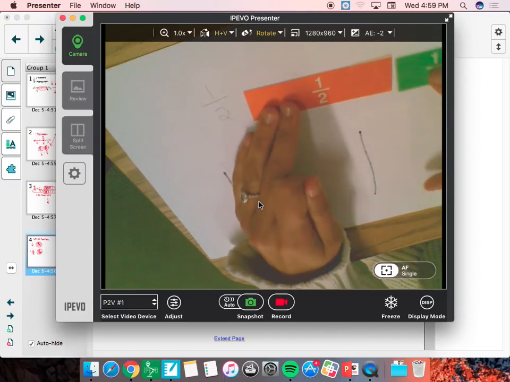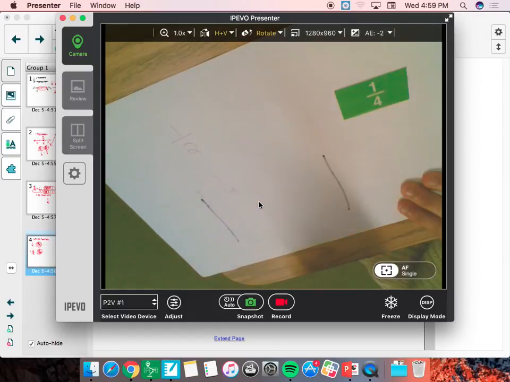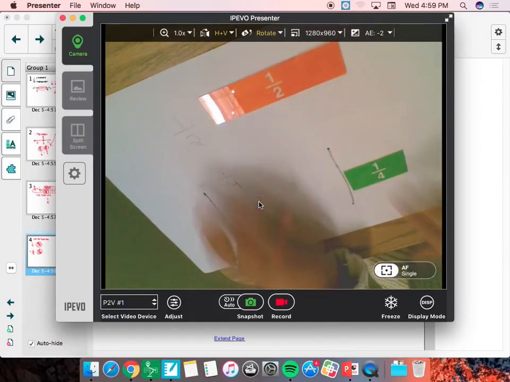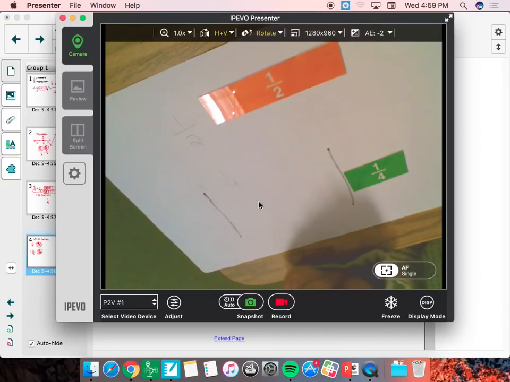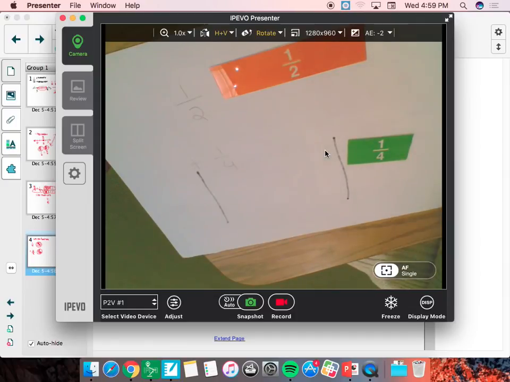If I put them together, what would I even call that? I can't call it 1/2 fourth. It doesn't make any sense. This is a half. It's an actual thing I can hold. And this is a fourth. It's an actual thing I can hold. I cannot add them together. So instead, what I have to do is realize that I need to change one of the fractions